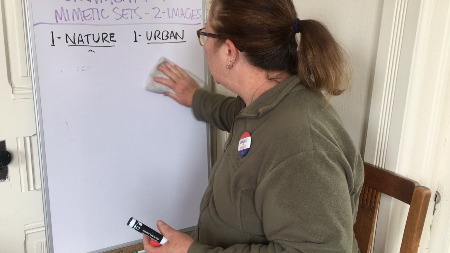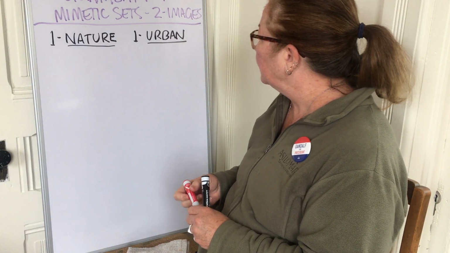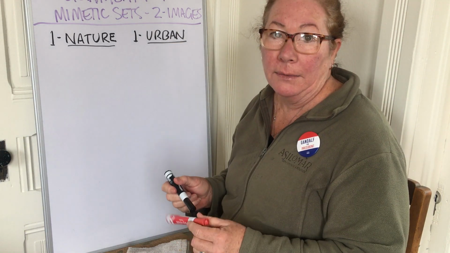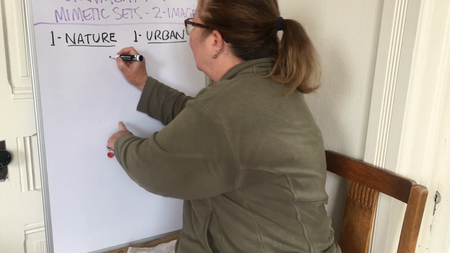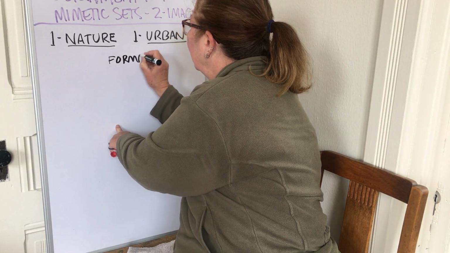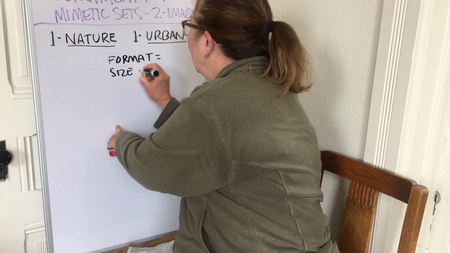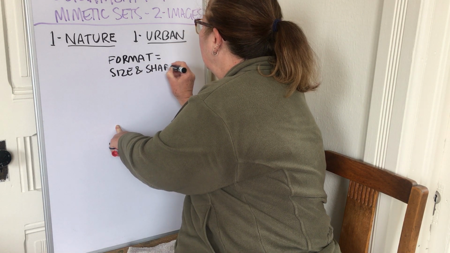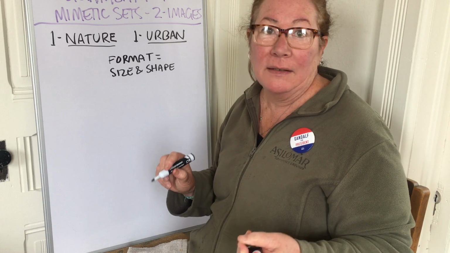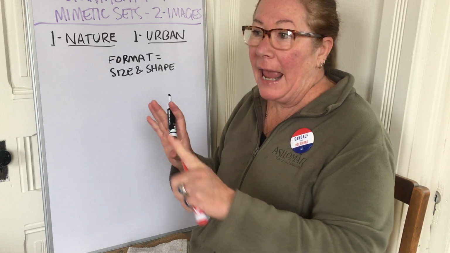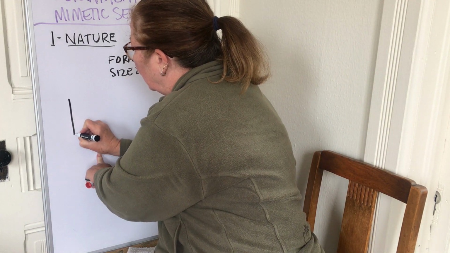And one thing that I want to make sure that we talk about in this is the format, right? How the format is oriented. And all format means, you guys, and I'm just going to write it down here. All format means is size and shape, right? When we talk about this in photography, we're talking about the size of the image, right? And how it's oriented usually. So in these, I want you to use